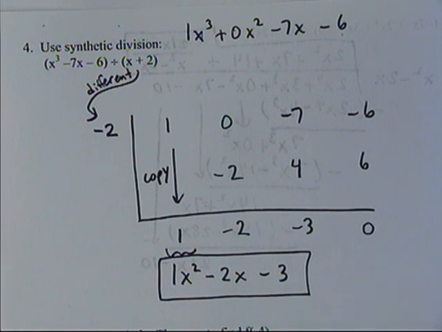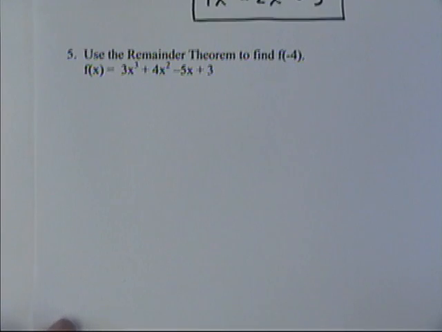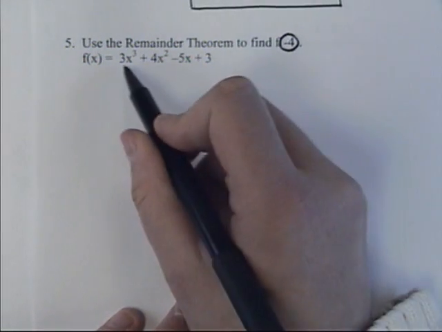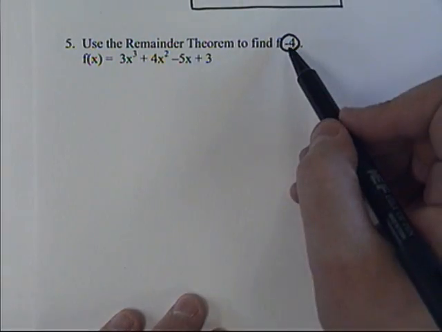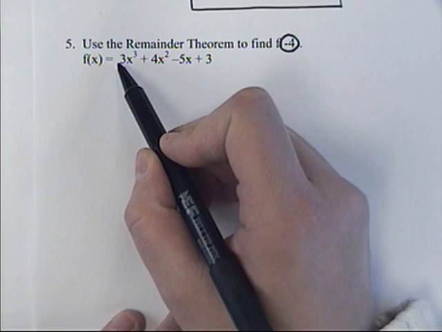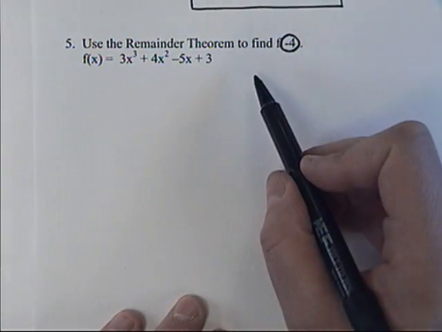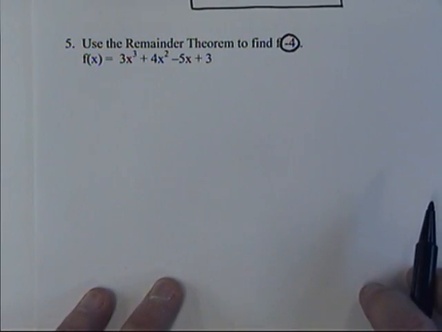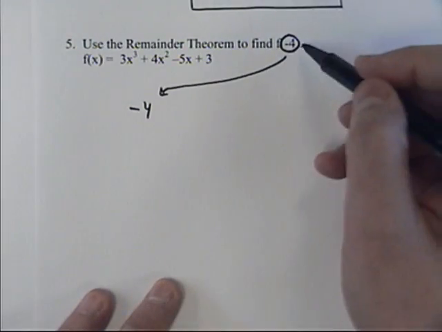Now it turns out that synthetic division has another really cool aspect, and that is with substitution. If I want to substitute -4 into this polynomial and see what y value I would get, I could take this -4 and cube it and multiply it by 3 and square it, multiply it by 4 and multiply it by -5 and then add all that stuff up and get an answer. Or I can do it using synthetic division. If you take -4, which is just the same number that they give you to start with,